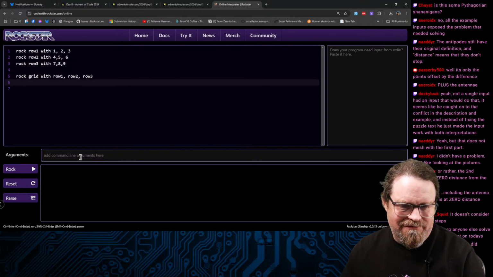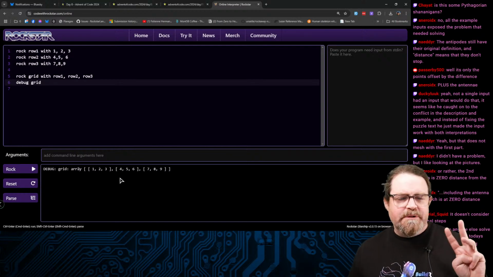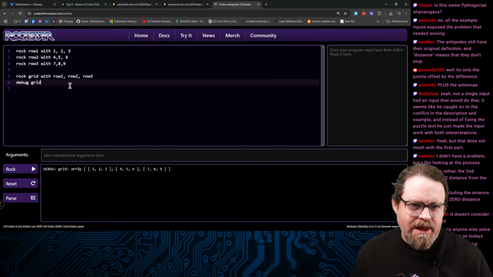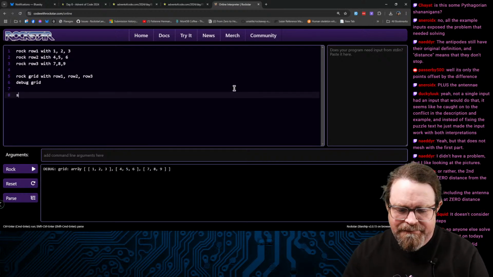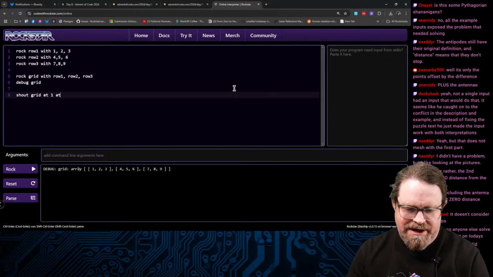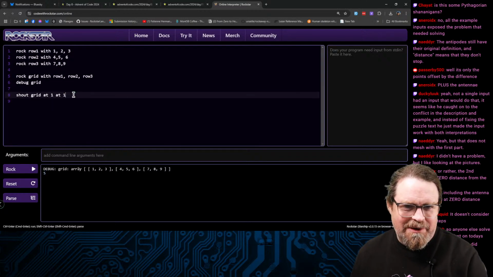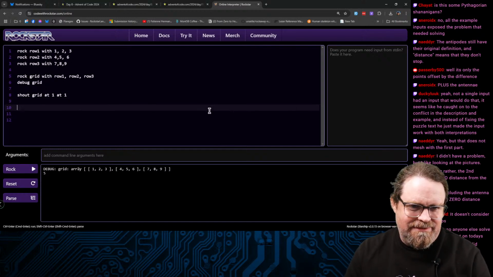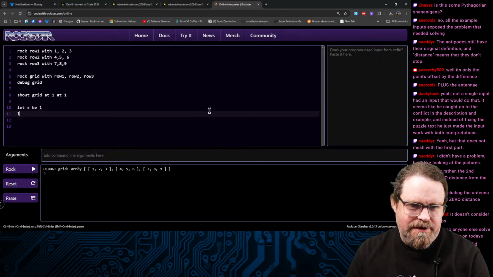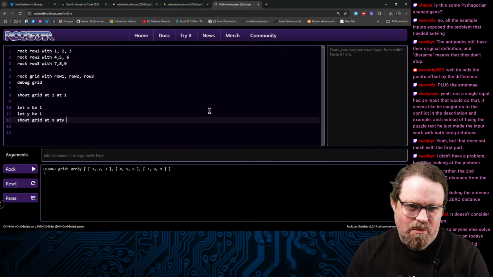And then if I debug grid, all right, so we built a 2-dimensional array. Now the problem comes, let's say we want to get at the number 5 that's in the middle of that. If we go shout grid at 1 at 1, we get the number 5 come out. But if we said, let's say, let x be 1, let y be 1, shout grid at x at y,